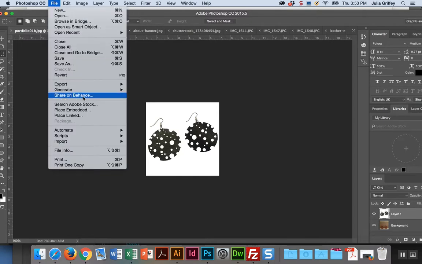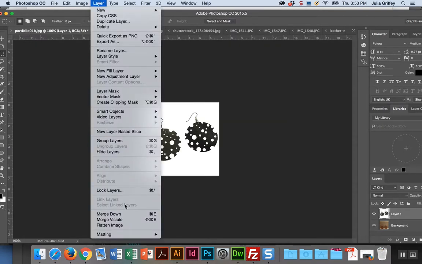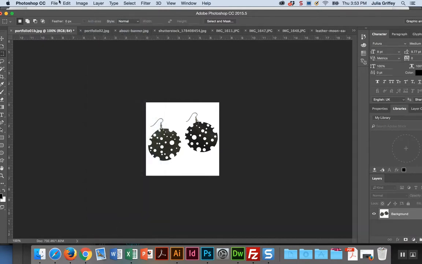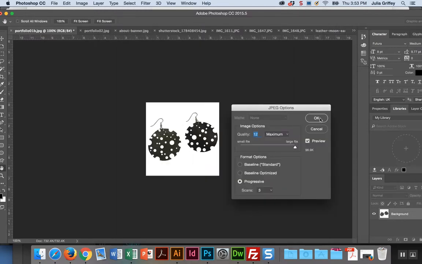So I will save this as portfolio 01C. Wait, I gotta flatten it first. Layer, flatten. I could do a save as, but whatever. File, save it as the JPEG, but I will save it as portfolio 01C. Okay, and now,